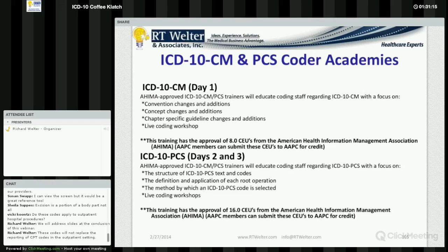We talked about one of the 3 sections of ICD-10 PCS today, and while it's the largest, that's not the whole text. So we actually do the whole text cover to cover, even those root operations and sections outside of the medical surgical section. And it's formatted much the same way. We review those conventions and concept changes that we need to know to apply across the board first, and then we talk about chapter and, for ICD-10 PCS, root operations specific guidelines as we move through those